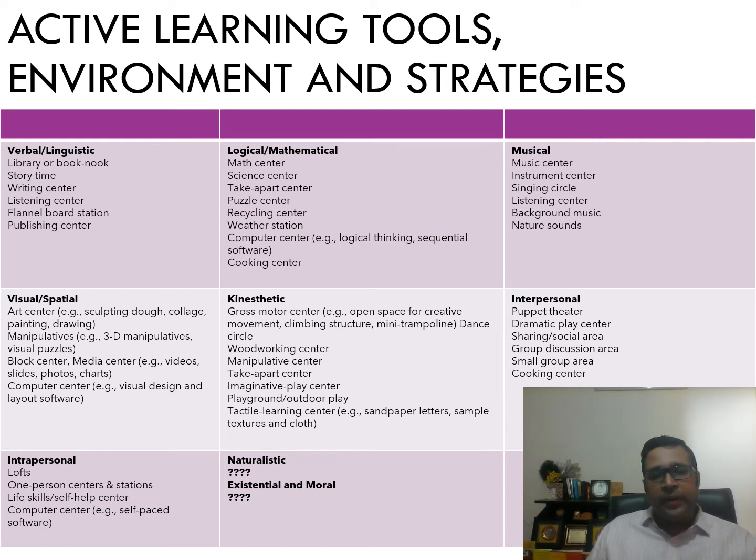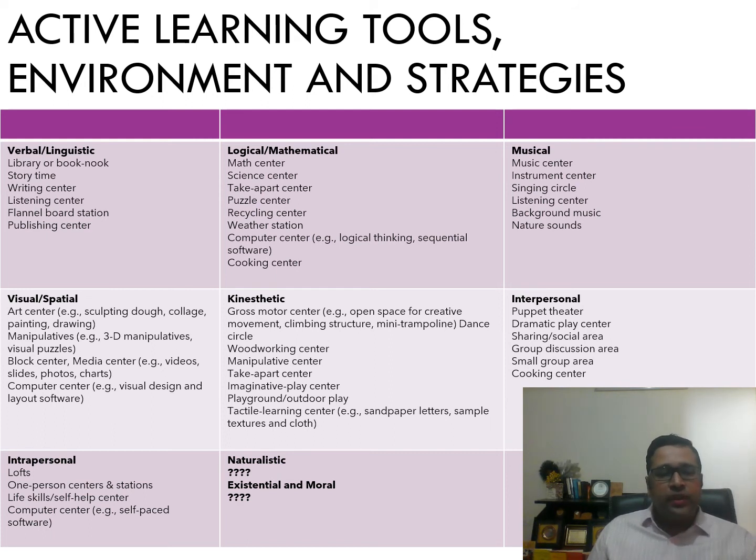For logical and mathematical, what you need to create is a math center, science center, take-apart center, puzzle center, recycling center, weather station, computer center, that is logical thinking, sequential software, etc. Cooking center. For musical intelligence, you need to create a music center, instrument center, singing circle, listening center, background music,